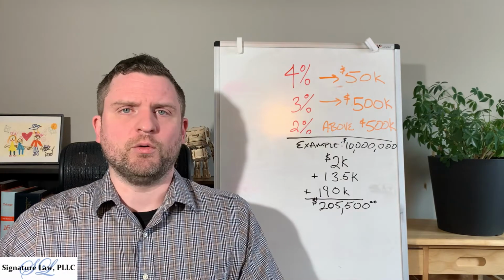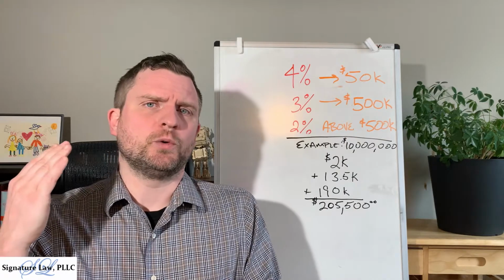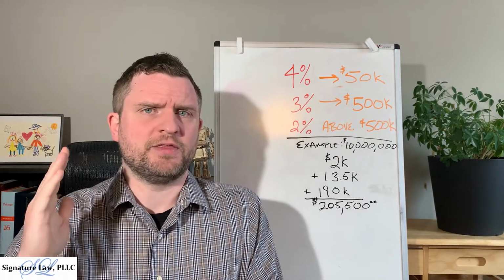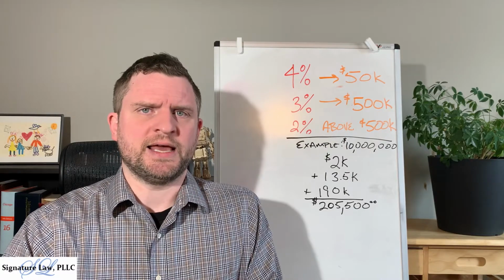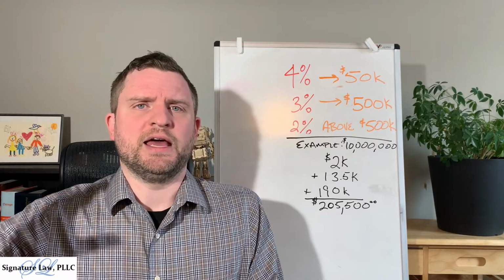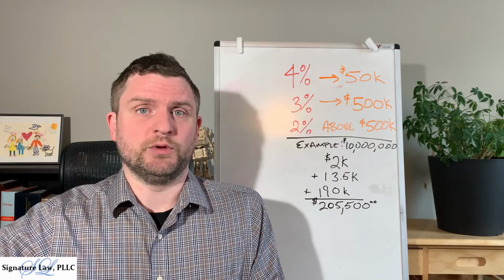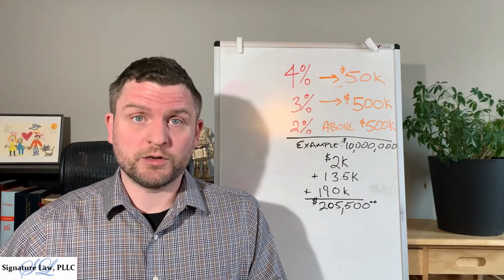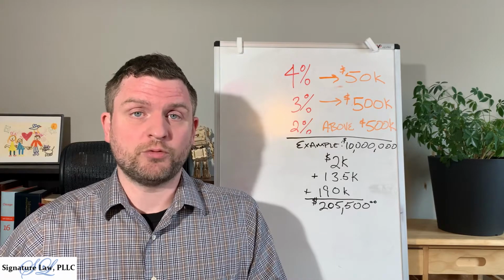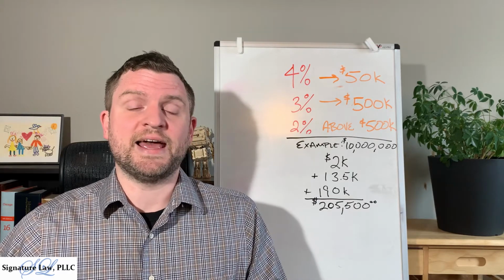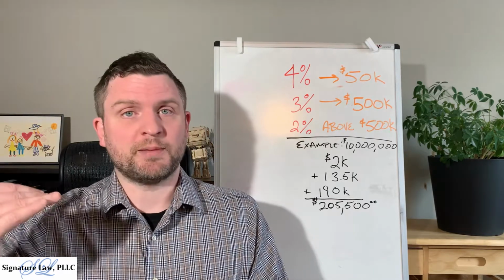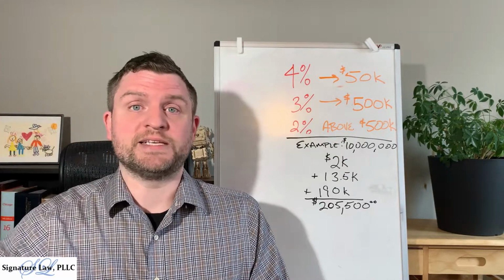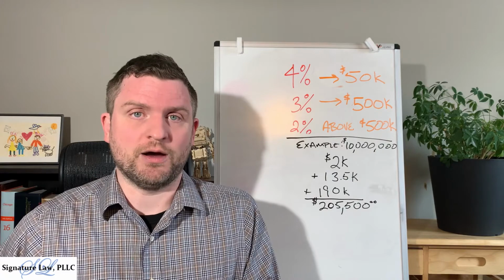The first one is hourly. Very simple. If the attorney works X number of hours, they'll multiply that by their hourly billing rate, billing at 1/10 of an hour, and by the end of it, when you add it all up, that's what you will be billed. It's the most popular and the most common way of billing in probate because you just don't know what's going to happen. You will, on top of this, be billed expenses, of course, and generally there will be a retainer required to enter into an hourly